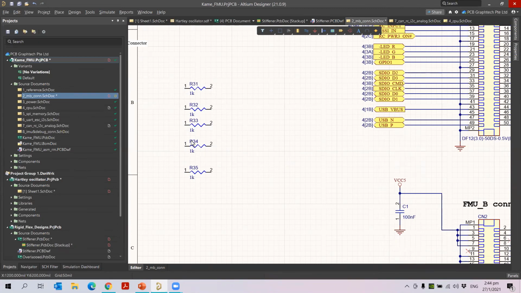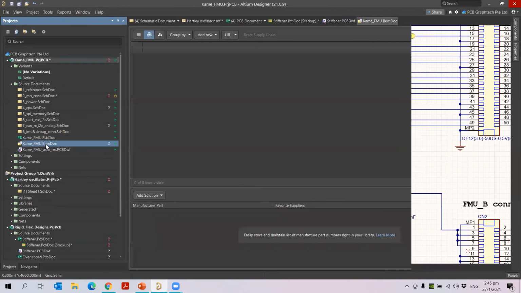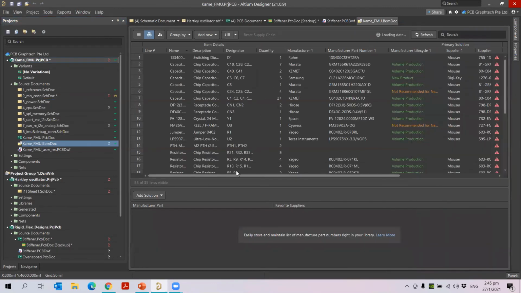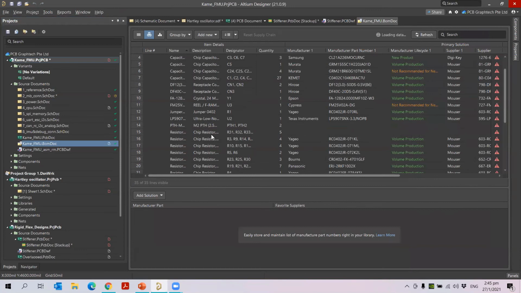Once it is done, this is mainly to change the model of certain components. So what I'm going to do is go to the Active BOM for this sheet. Inside the Active BOM you can see these details.